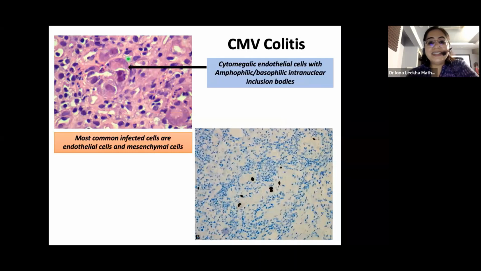So yeah, here you can see these are endothelial cells. They are enlarged. They're showing both cytomegaly and nucleomegaly, that is, increase in the cell size and the nuclei. And here you can see these amphophilic or basophilic inclusions surrounded by a halo. So CMV affects mainly the endothelial cells or the mesenchymal stromal cells. However, it has been described even in the crypts, in the epithelium. And if we are in doubt, we can also do an IHC, where you can see the CMV infected cells as brown spots here.